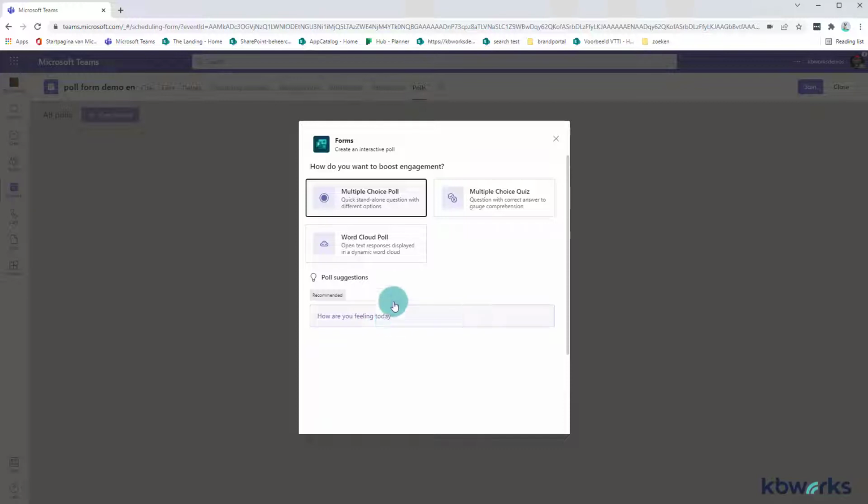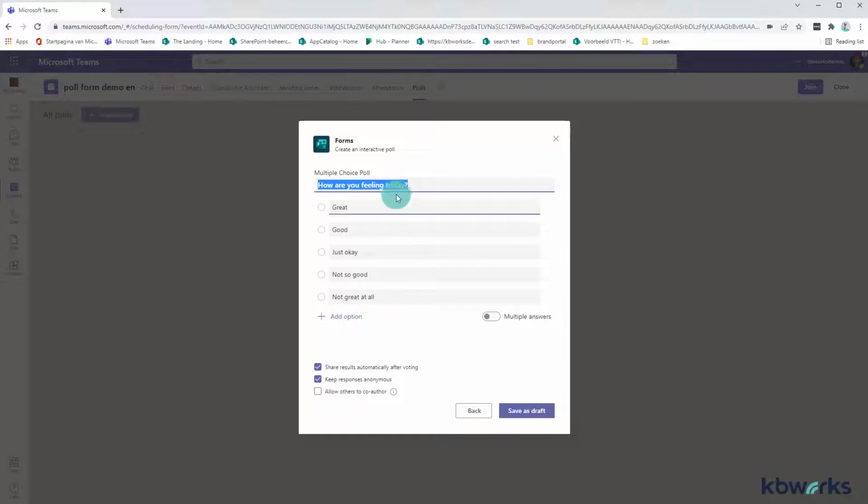You also see some suggestions. So how are you feeling today? Well, let's click on this one. How are you feeling? These are the options. It's already generated for you with AI. We can say multiple answers. We can tell if people may vote after or may see the results afterwards, if it's anonymous or not. This depends a bit on guest or internal, and allow others to co-author. In this case, I'm going to click on allow others to co-author. So now I'm going to save the draft,